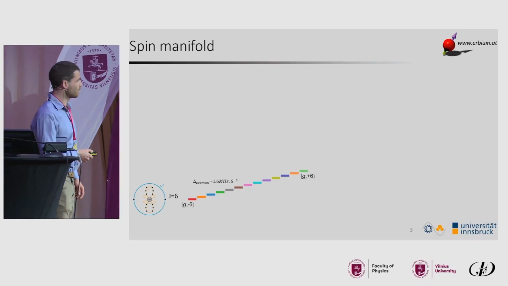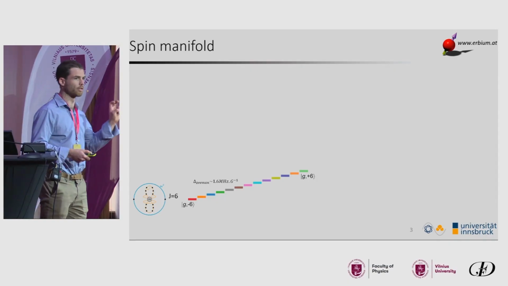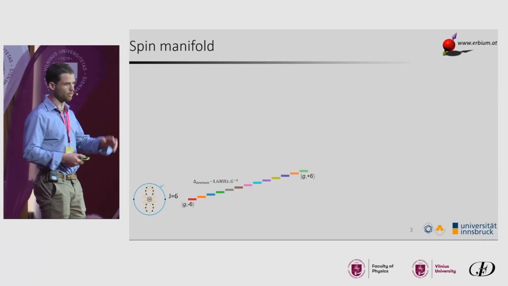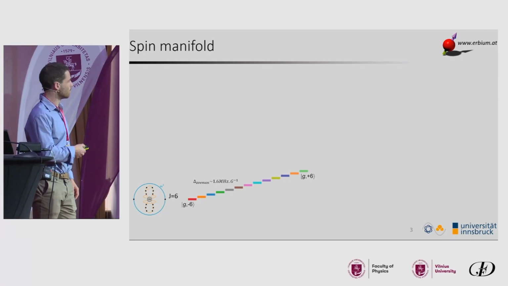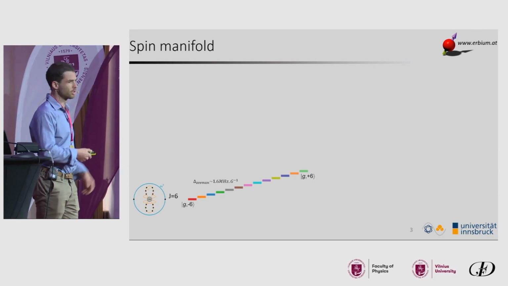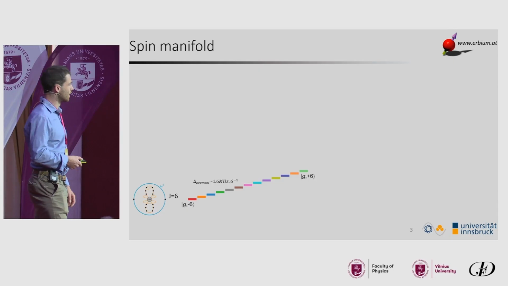Usually due to the magnetic field, we have a Zeeman shift, which means that only one of the states is actually the real ground state. So when you do MOT cooling and evaporative cooling, you end up with all your atoms in the m = -6 state, and most of the physics that has been done in the past 10 years was done with this ground state atom.